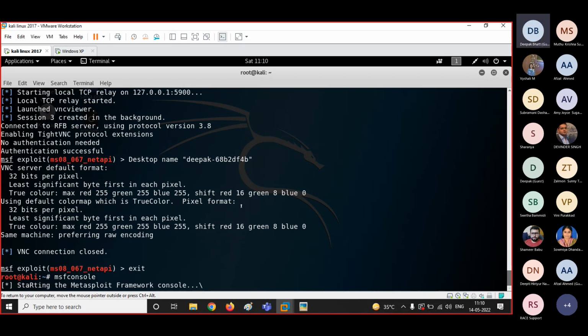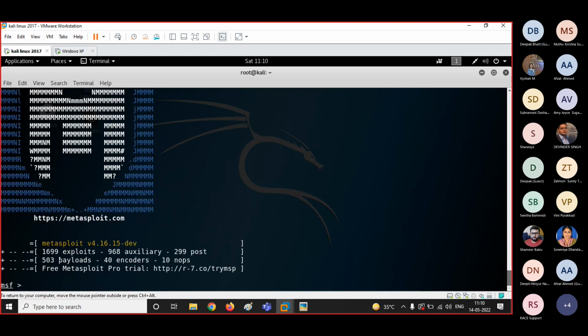I want to get Meterpreter, all right. So I'm going to show you again what I did in the complete practical. Those who have missed any step, you can write it over here. So you will be typing in msfconsole. I will be directly searching for the exploit MS08-067.